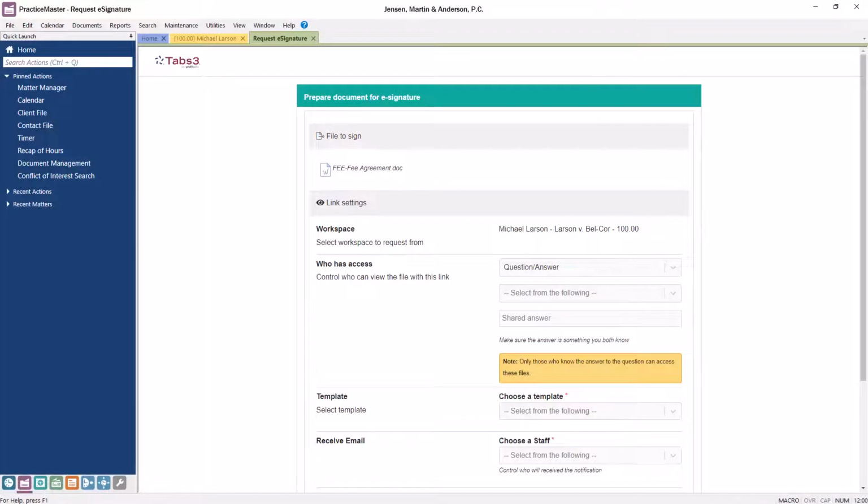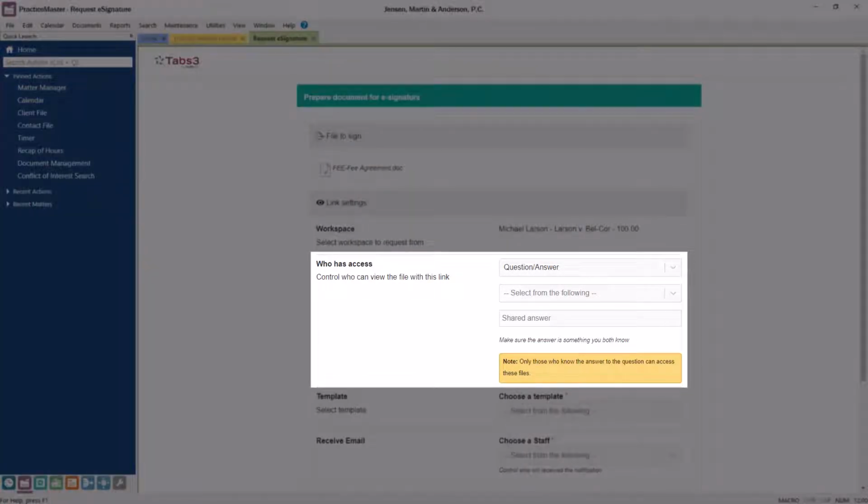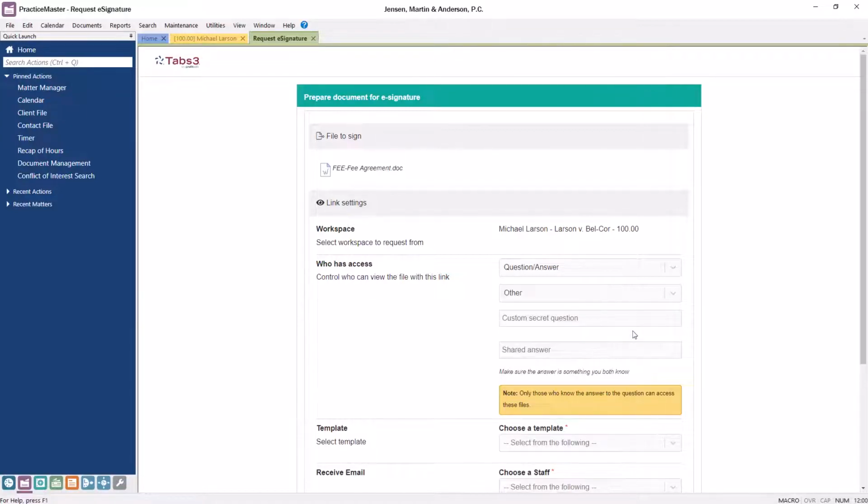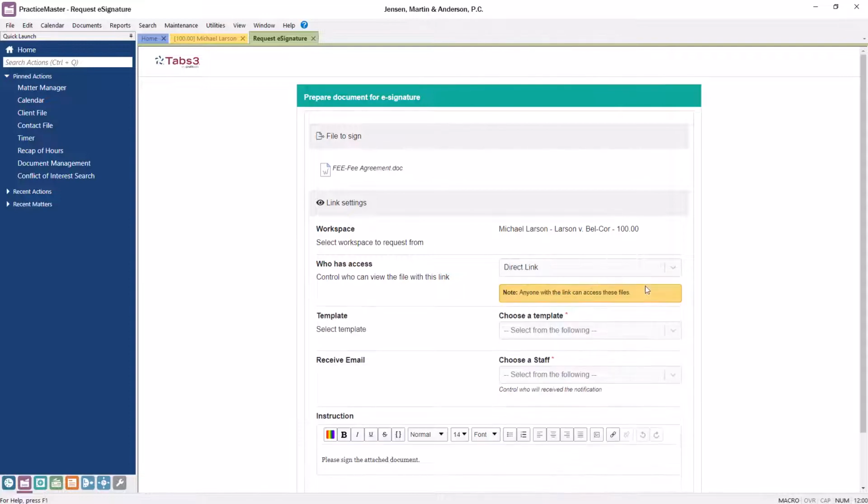Next, you can specify if you want to send a direct link or if you want to require a correct response to a question to access the document. When using the Question Answer option, you can select a question that the signer will need to answer correctly before they can access the document to sign. When Direct Link is selected, anybody who clicks on the link from the email will be able to access the